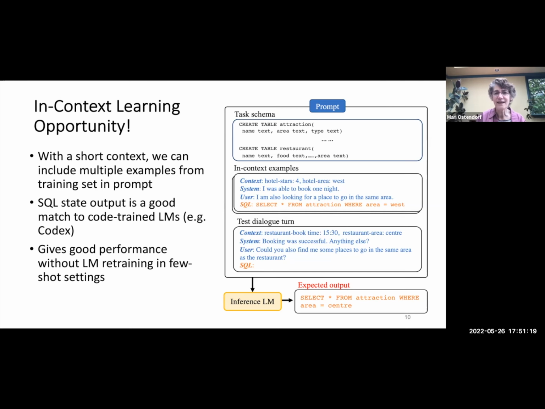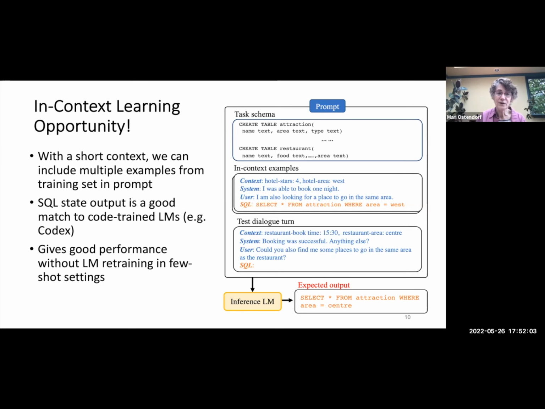So I just need to give it examples that describe the task and the task schema, because it's structured knowledge. And then those examples in the prefix or the prompt, together with the current dialogue turns, will lead to getting a good output. On top of that, the fact that I've shortened the context means that I can have multiple examples in this prompt. Now, the fact that this is structured data for this task-oriented case